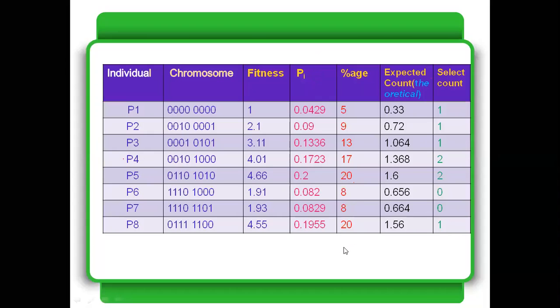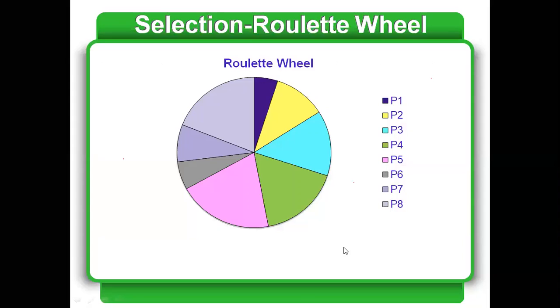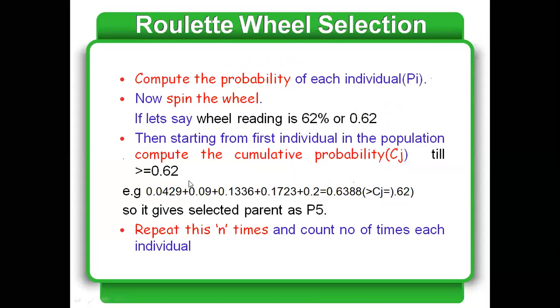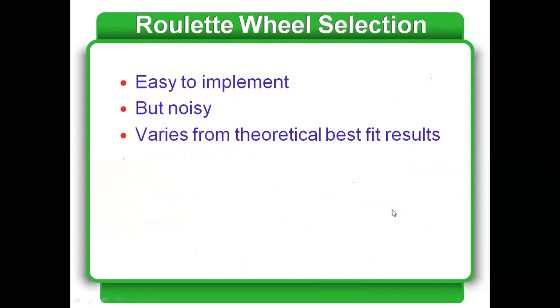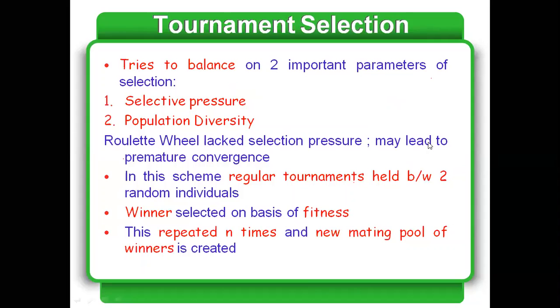Okay, so this was roulette wheel selection. It is just the way we have computed. So if our number 0.62 comes, we have to keep adding the populations until our cumulative value becomes greater than 0.62. Okay, but only one thing which we have to take care is,